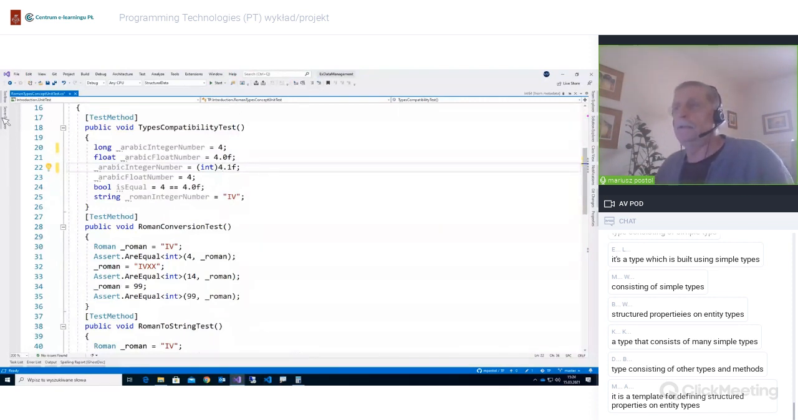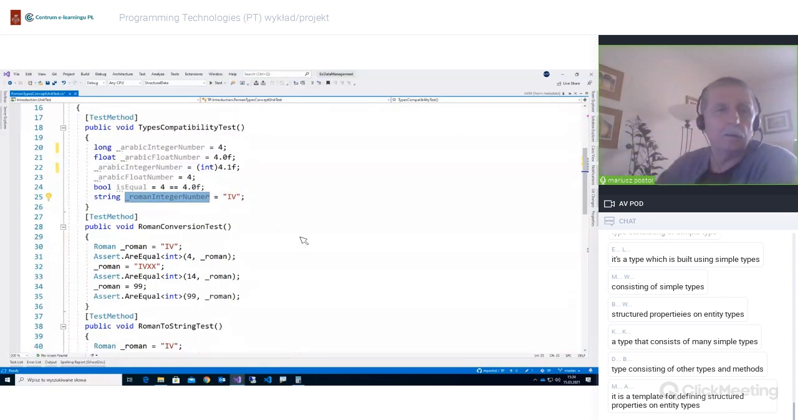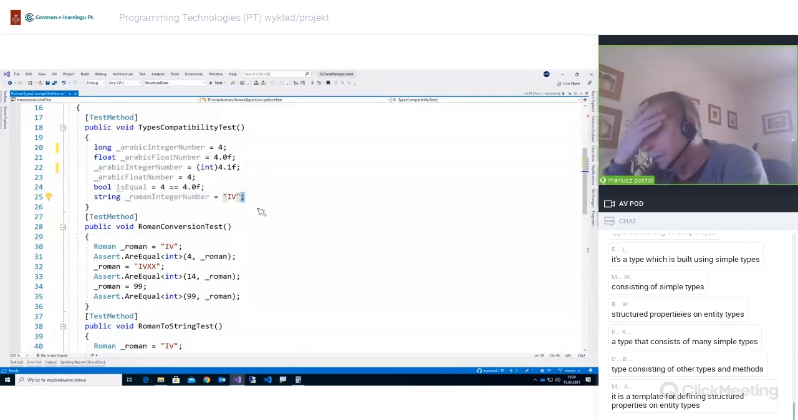Okay, but let's get back to the Roman. Previously, I asked, so what value is in the Roman type? Of course, the Roman type. We should expect that the Roman type contains integers. Actually, unsigned integers,